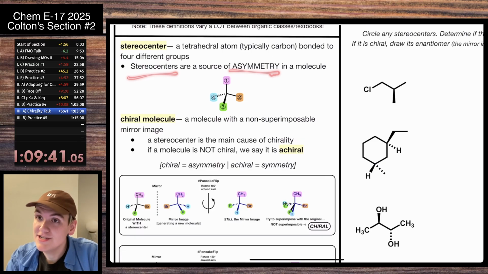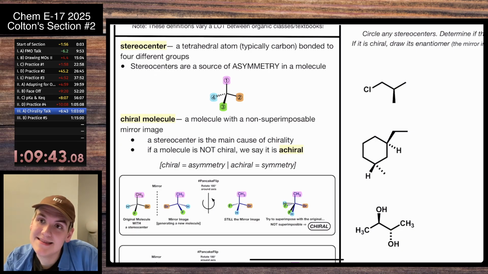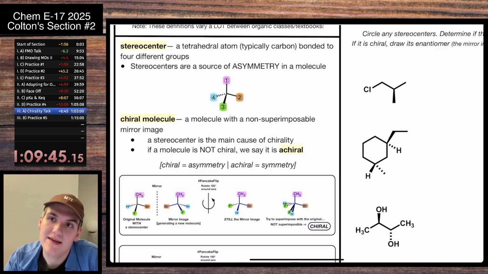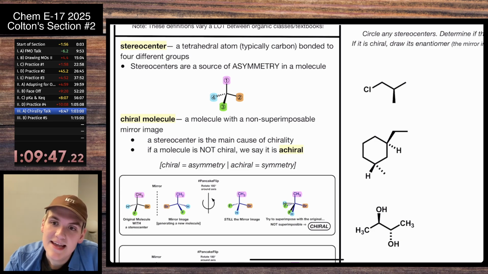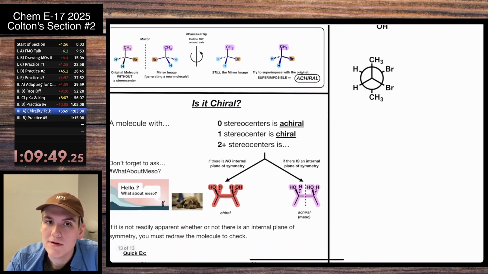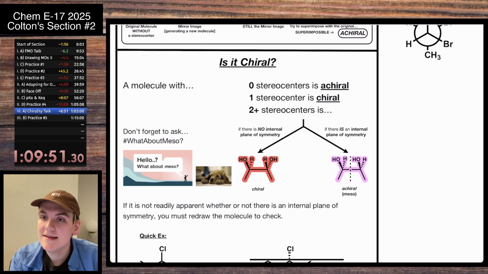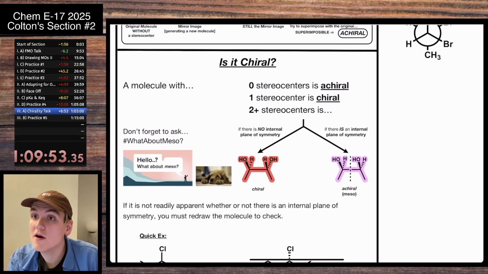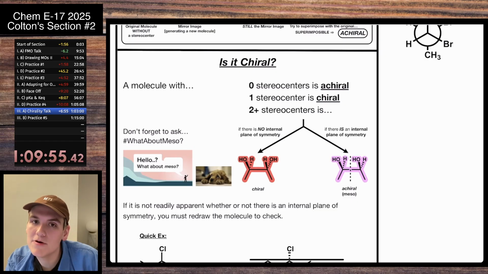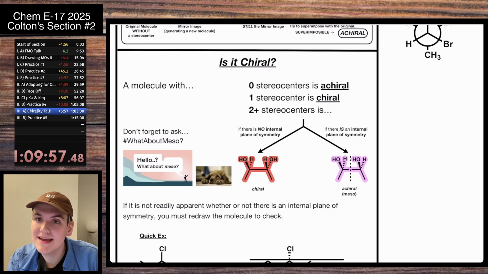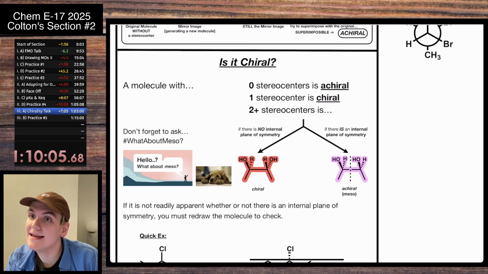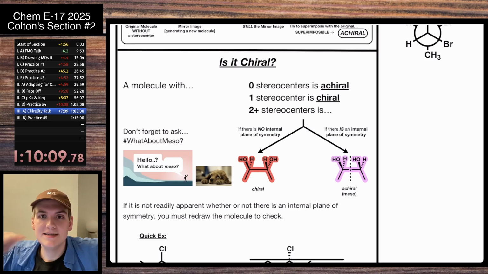So one of the first questions that we ask ourselves when we get to this stereochemistry unit, the 3D structure of molecules, is, is the molecule chiral? And so if we have 0 stereocenters, for the purposes of our class, we say it's achiral. If it's 0 stereocenters, then there is symmetry somewhere in it, and so we are going to be able to superimpose the mirror image. Golden. In different classes, there are more complicated, advanced examples where that's not always true, but for y'all, 0 stereocenters,